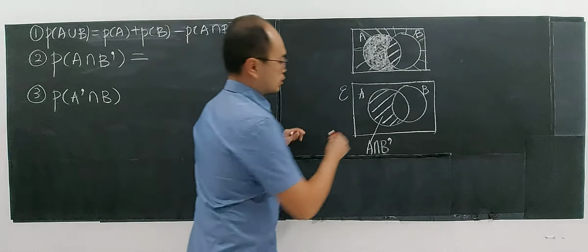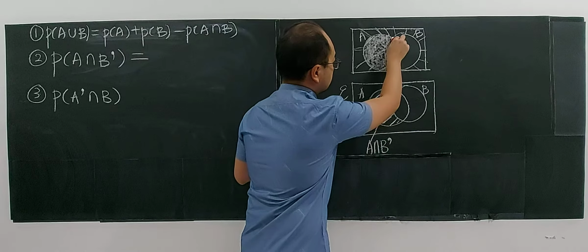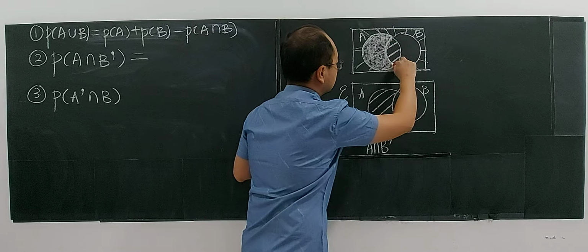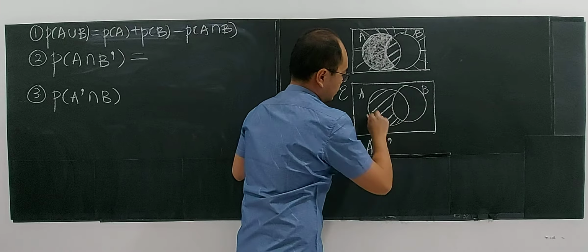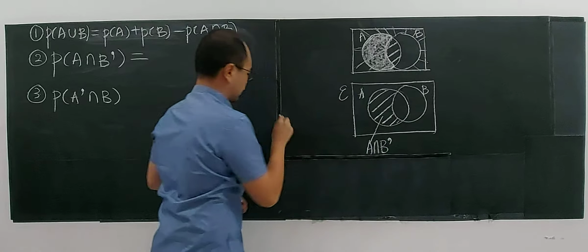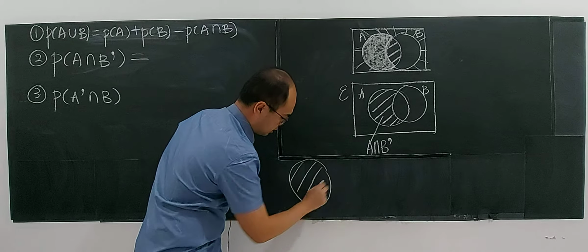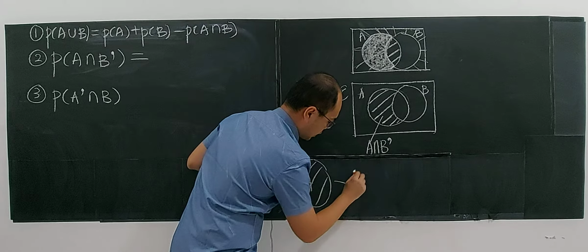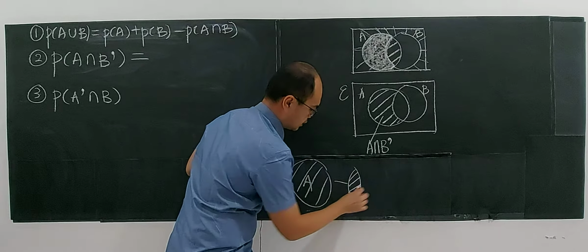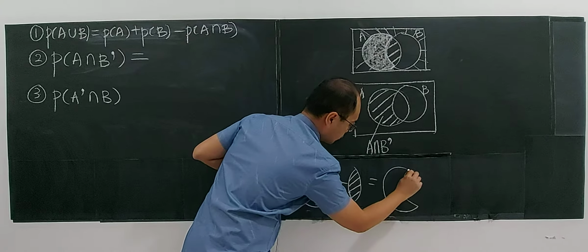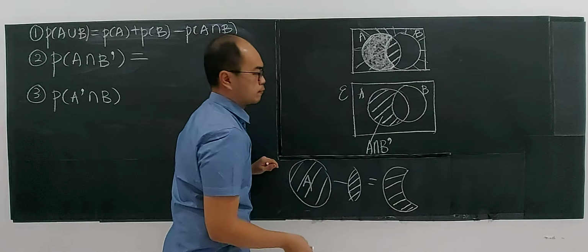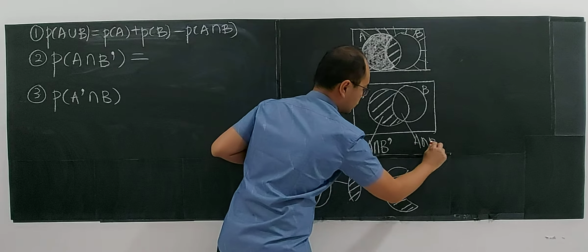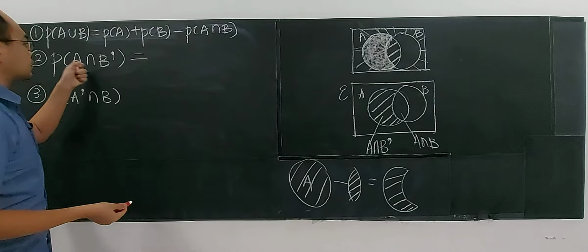If you look at everything here, it looks just like a moon, not a complete moon. So it's like the probability of A, everything, minus away part of it, a section of A. This part is actually A intersecting B. In short, the probability of A intersecting B prime can be defined as